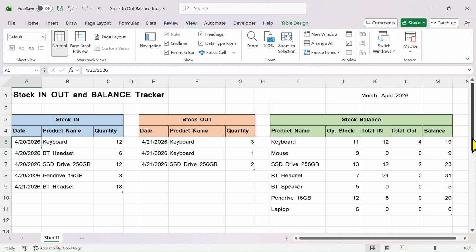So this is how you can create a simple stock in, out and balance tracker template in Microsoft Excel. If you want to practice the formulas used here or want to use this ready-made template, then you can download this workbook file from the link given in the video